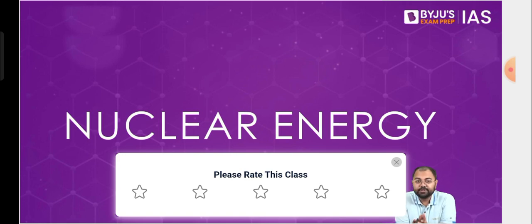So, nuclear energy. Now, when we are talking about nuclear energy, as I told you, there are two parts to this. One will be the science of nuclear energy, and the second part is the technology related to nuclear energy. The science part is also a bit complex. It is one of the most complex technologies from which we extract energy. Not easy to extract energy from, but one of the most significant energy technologies available to us.